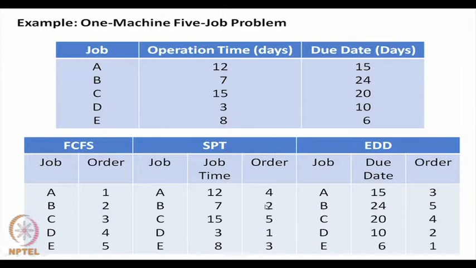So, this is order 2, then E order is 3, then A order is 4, and then C is the highest, that is the fifth, that should come in the last. So, the order is D, B, E, A and C,